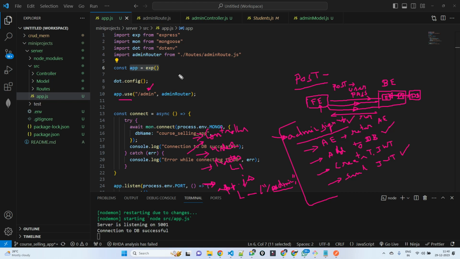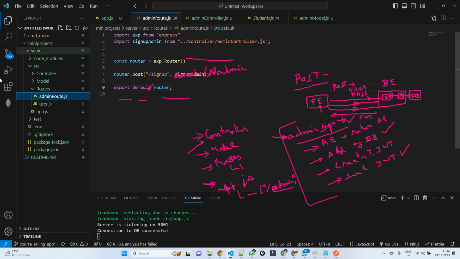www.freshkite.com/admin. Any domain name; in our case, it can be localhost also, /admin. If this is a route, we have to use this set of routers, and this is imported from your routes. So all the routes for this one will be present in this file, this adminroute.js. So if you go to this adminroute.js,